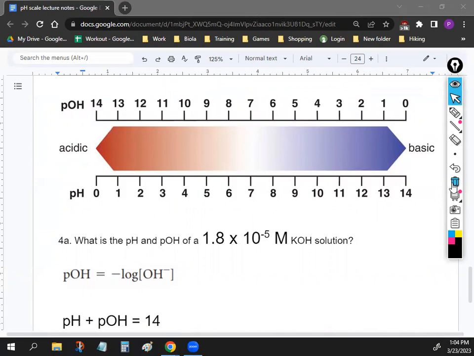It's super easy. It's just 14. You just use the 14 number, and then you can always figure out if something is acidic or basic. But if you want to skip a step, you can just keep in mind that the scales are opposite. Okay, all right. Anyway, with that being said, let's go on to the last problem,